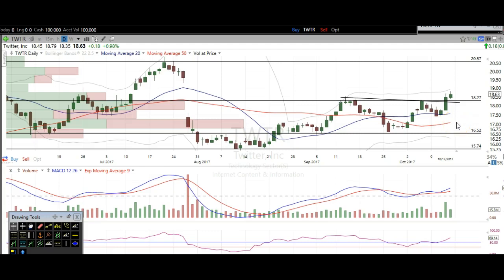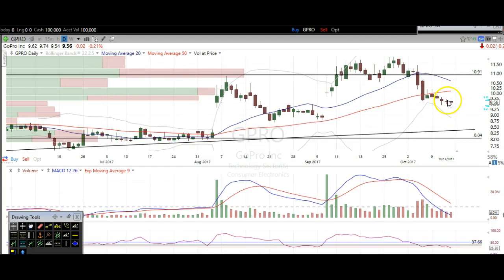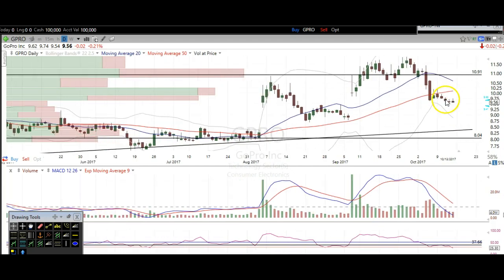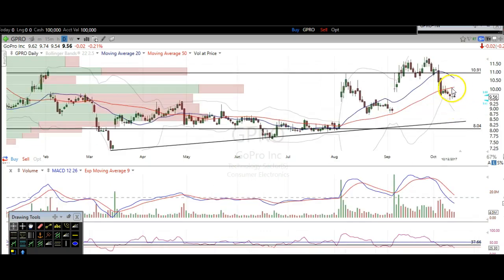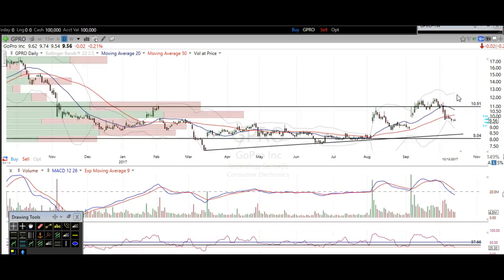The next one is GoPro, and I really don't think this stock looks very healthy at all. I think it has lower to go. I don't have a great read on it where we're at right now. As far as new positions, I don't really like initiating a new position right here. If you're short, great, because I do think that from up here, that's a great position to be in, because overall I think this stock is heading lower, just because we